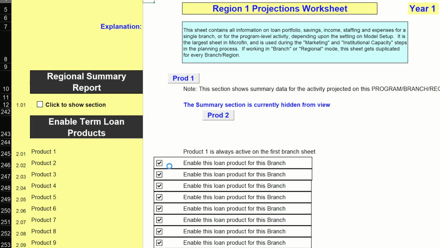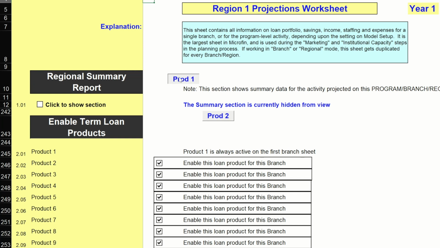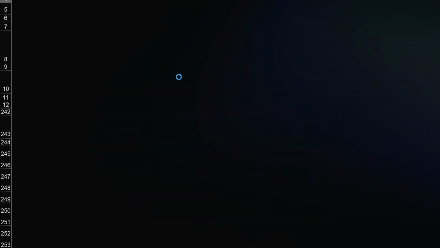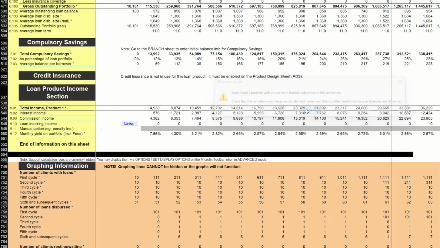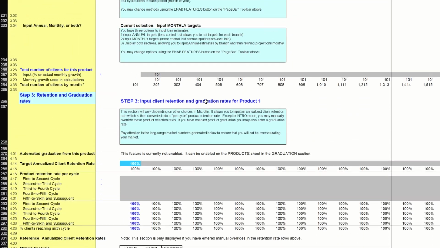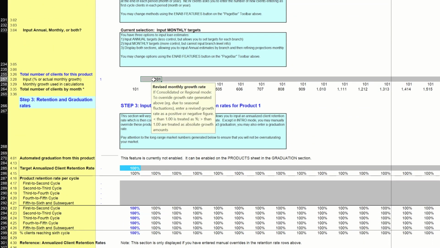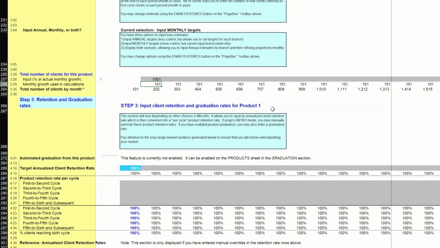Here we're on the first product, and we'll see that by tapping that product 1 button there on the branch sheet. That's how we can get to it, or we can go to the products pull-down menu and look at that too. Here we've got the product activity sheet for the first loan product, and I'm just changing from 100 to 1001, and then I'm going to tap on F9 to make that active. We're just changing the growth pattern here,